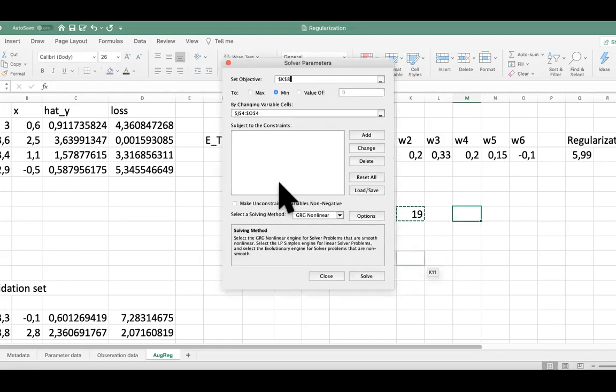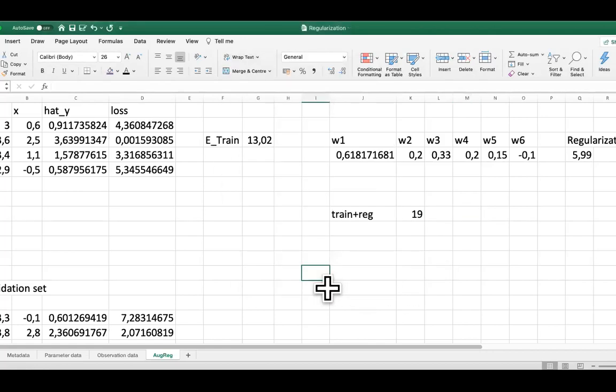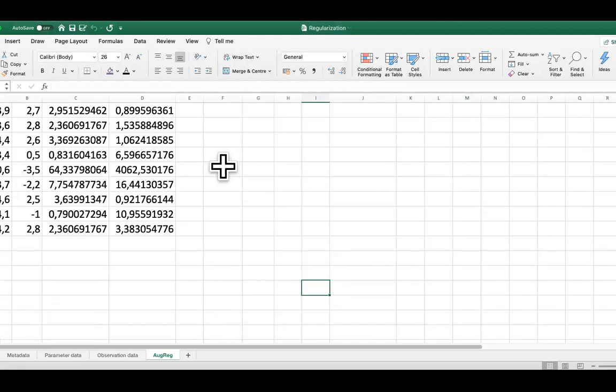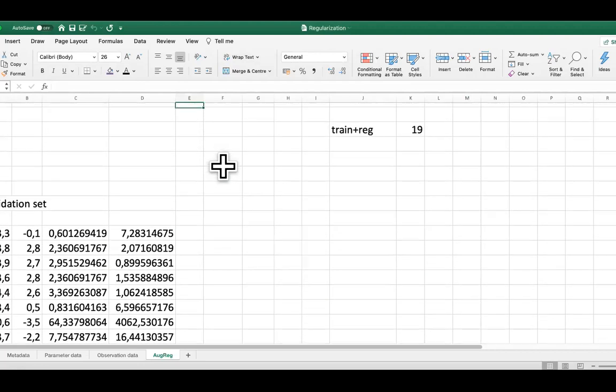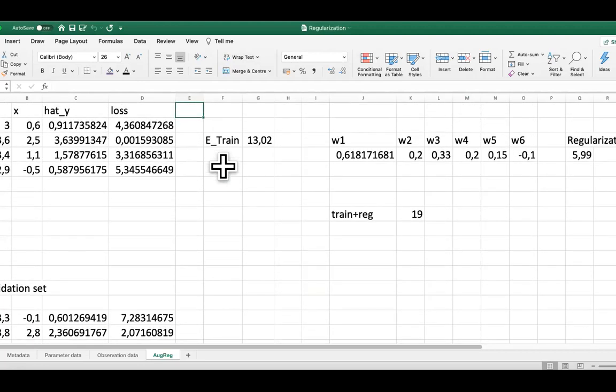I have reduced the training error a bit. Let's see how it does on the validation set. It's doing very poorly, still overfitting to some extent. But I would continue now and use an even smaller